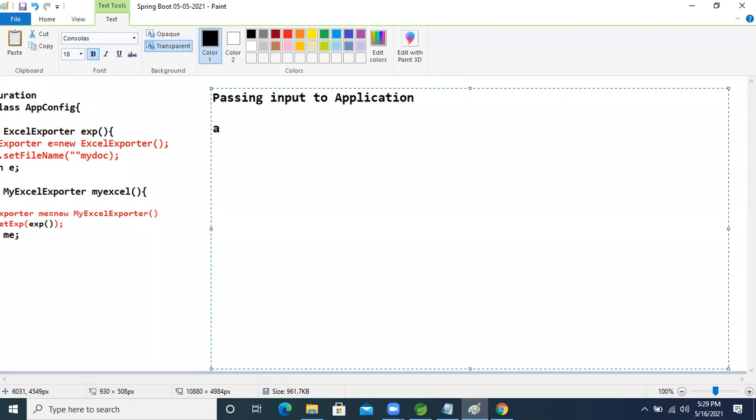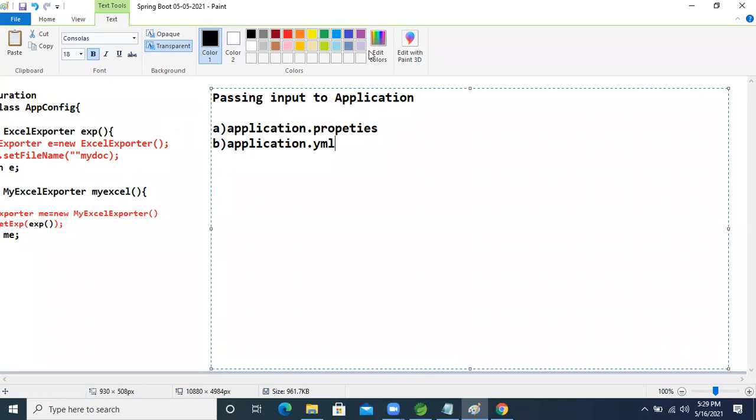First one, A, is application.properties, right? Another way, B, is application.yml. We have seen these two ways.